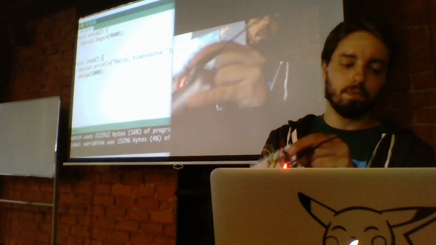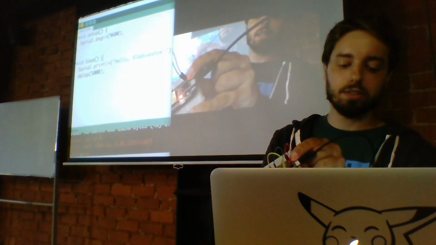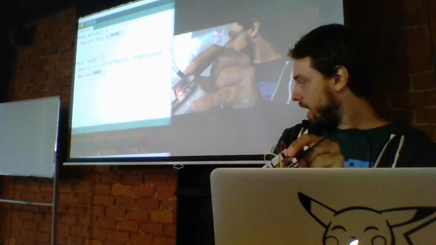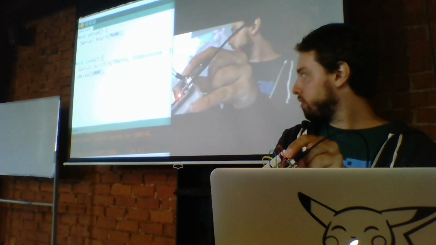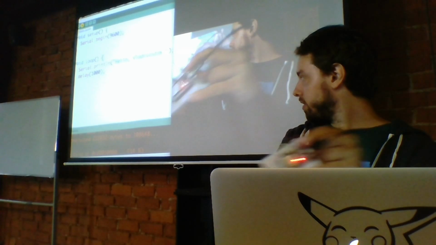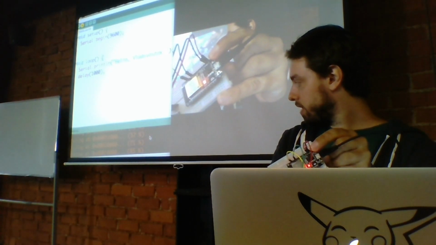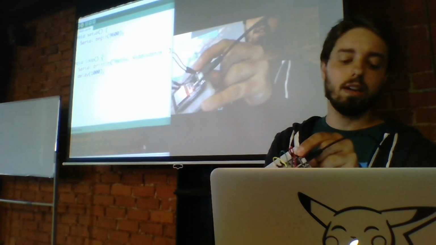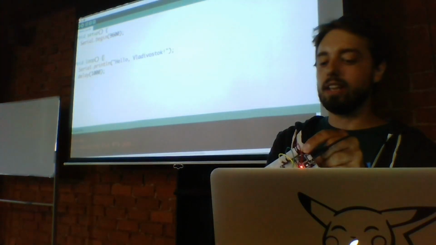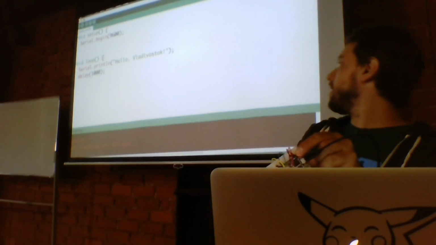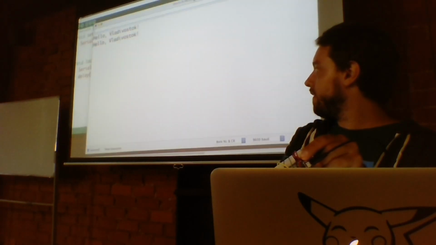So I just click on the button, it starts to connect, and now it flashes the program into the microcontroller platform. You can accelerate the flash, but I just did it like that. And now if you click on the serial monitor, you should be able to see hello Vladivostok every second.